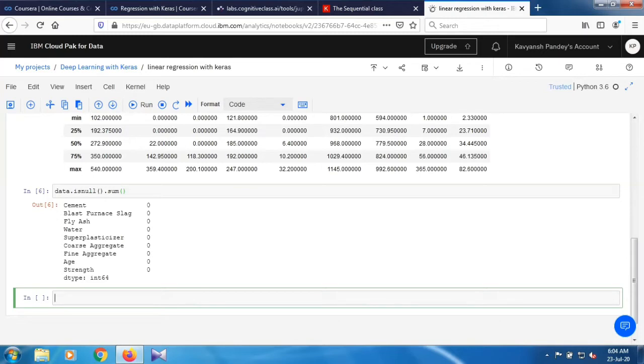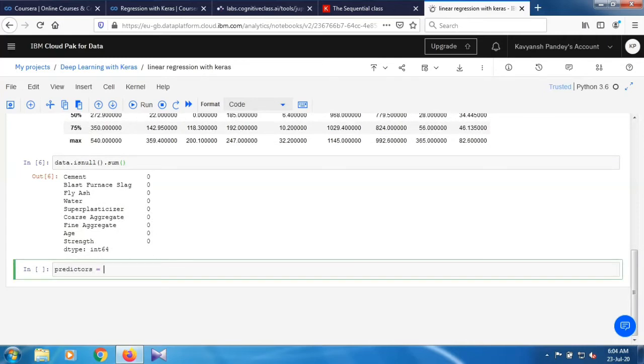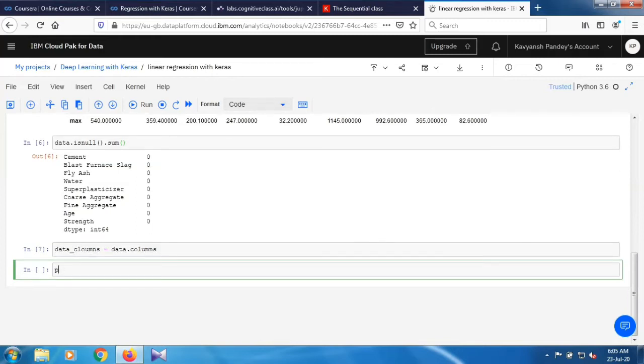So for this I'm just going to take a variable that is predictors, so you can see predictors. Running quite well. So predictors, and after then, I'm going to take all the data columns. So first of all, just make a variable that has the column names. So for this, data underscore columns, and it will store all the columns of our data. So just take a variable predictors, and this will take all the column names except strength,